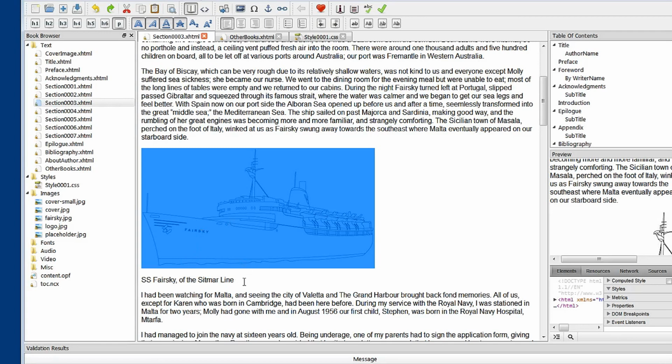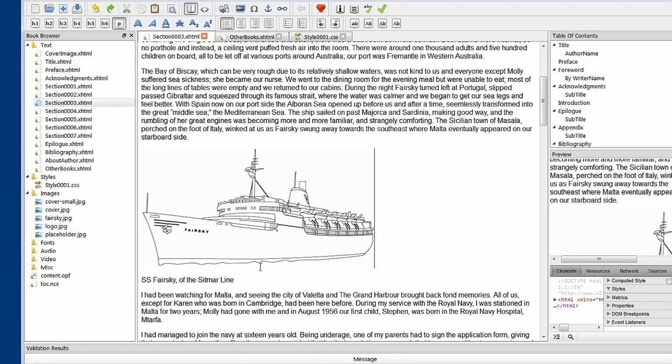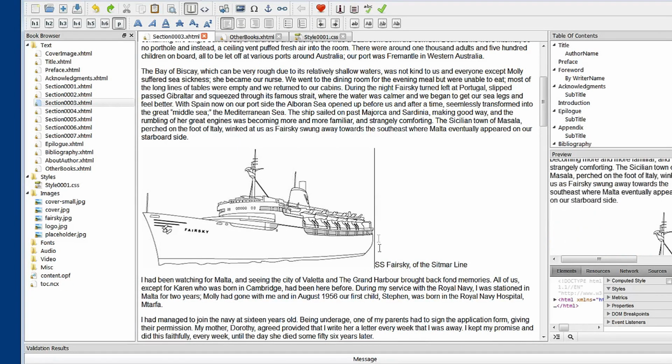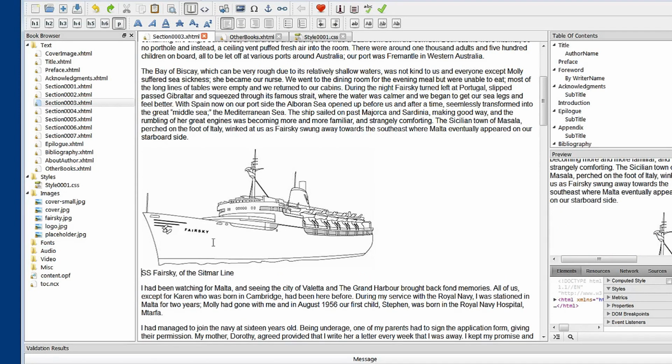Now as these are paragraphs and we're treating them as text, we can use a similar technique that we've used in other areas to snug up text together. There's several ways we can do this, and because this image is considered a paragraph and this caption text is considered a paragraph, we can use the same technique that we've used before to introduce a soft break. So I'm going to click just in front of SS Fairsky and backspace, and you'll see my text is moved up to be in line with this. And then hold the Shift key down once, press Enter, and you'll see that our text has snugged in directly